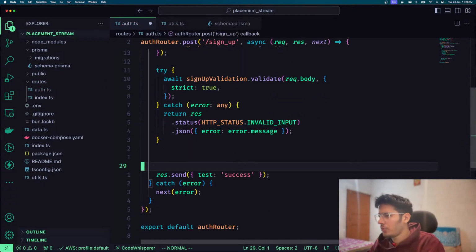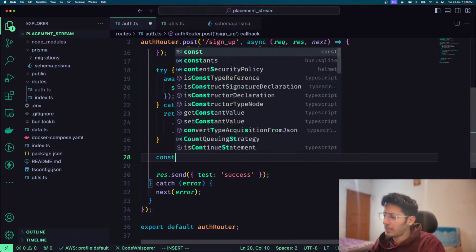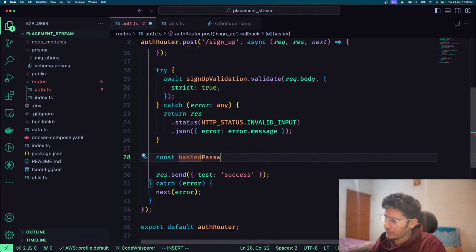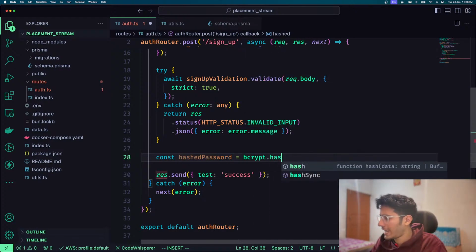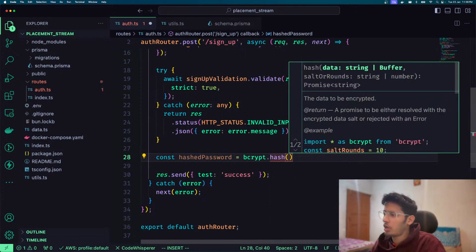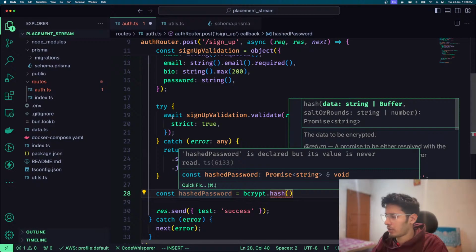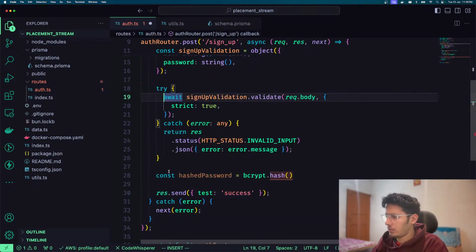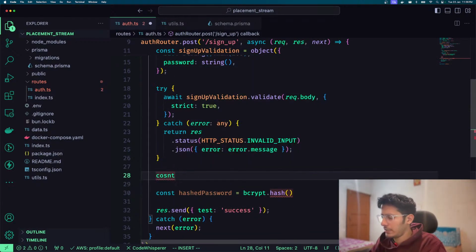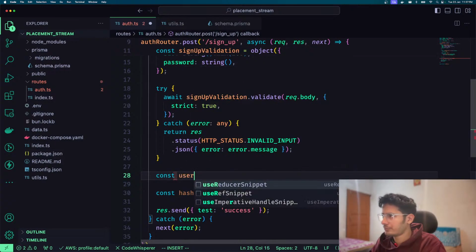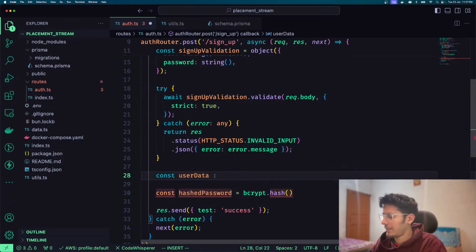Okay, so what we'll do is make the hashed password, right? The hashed password is basically bcrypt.hash, and then you pass your password. So what is the password now? How should we do it? I don't know. Const user data. Let's call it user data, and let's have it be of type